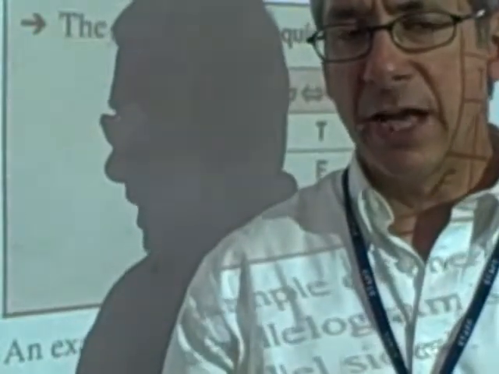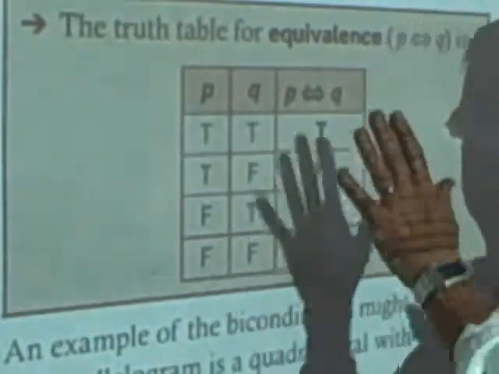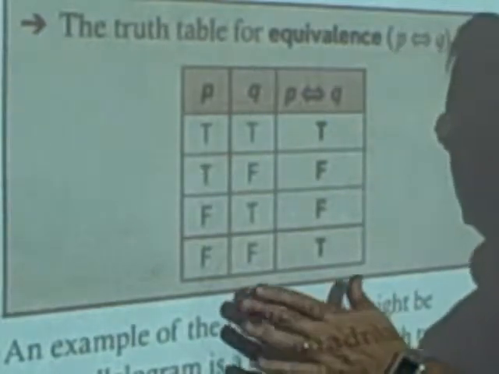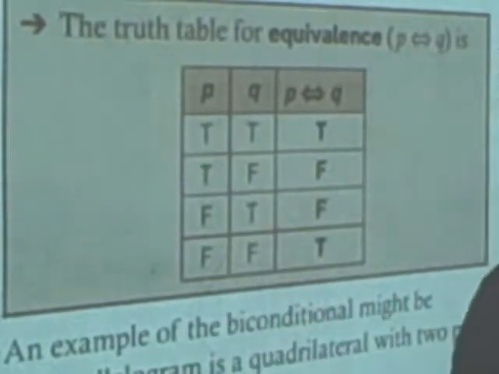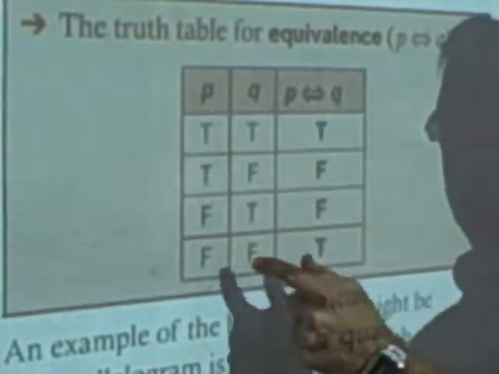Okay, this short video is talking about the end of a section in 9.8. It's a continuation of arguments, but it talks a little bit about something here we've seen before. It's talking about the equivalence or the double arrow, also known as if and only if. Here's the truth table, page 407, and it shows that this is only true when they're both true or both